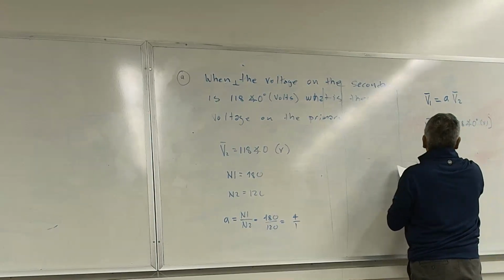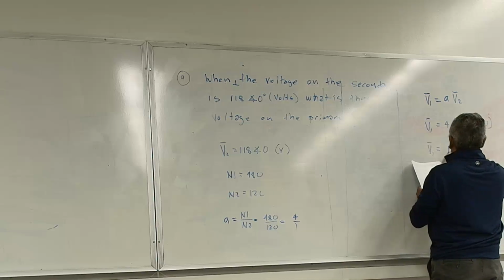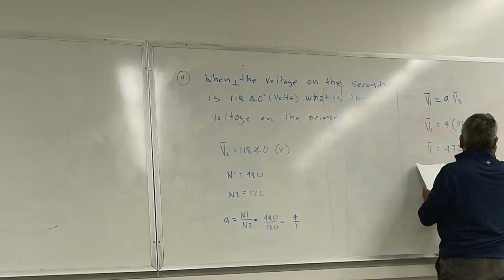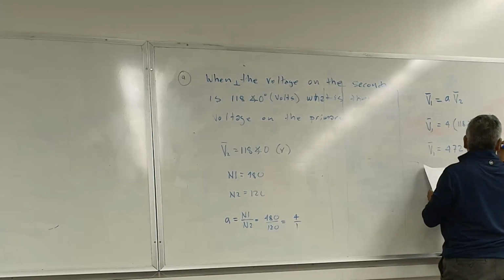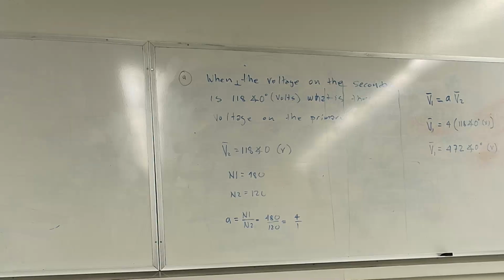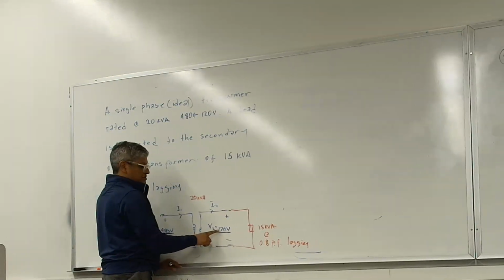So therefore V1 is equal to 472 angle of 0 degrees. This is in volts. So once again, what it's saying is, whatever I have connected here is bringing the voltage to about